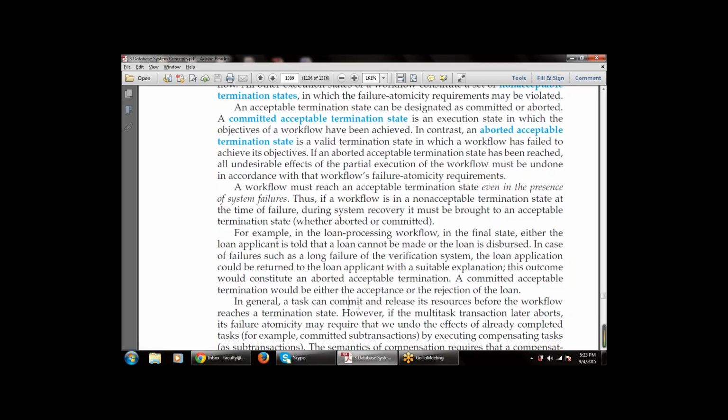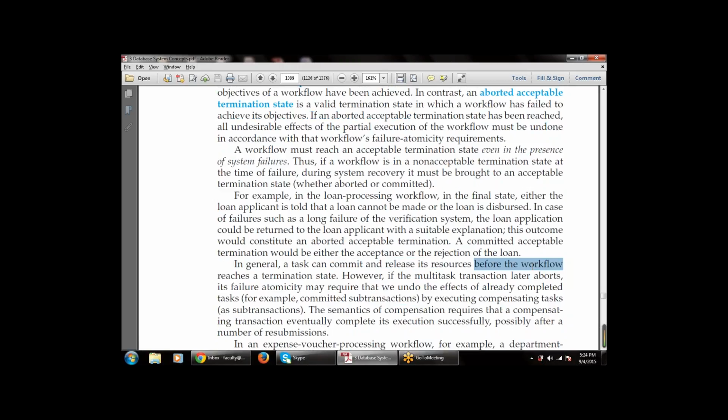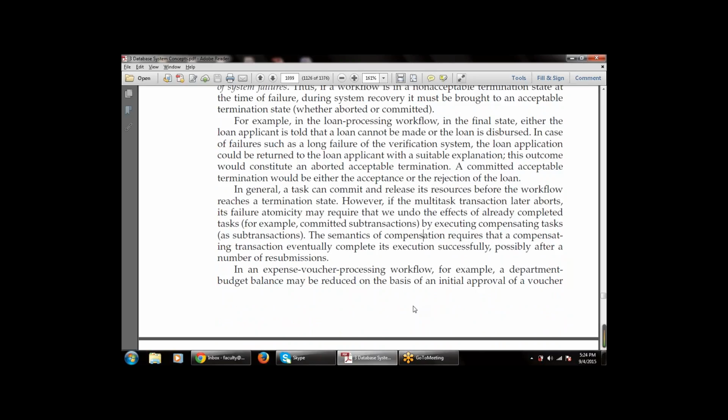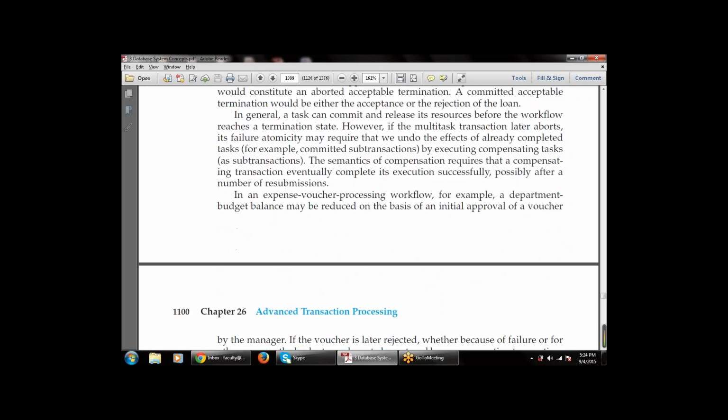In general, a task can commit and release its resources before the workflow reaches the terminator state. Whatever termination state is used, it will be reached through the termination process. The system may also require an undo process. In an expense voucher processing workflow, for example, a department budget balance can reduce the balance of